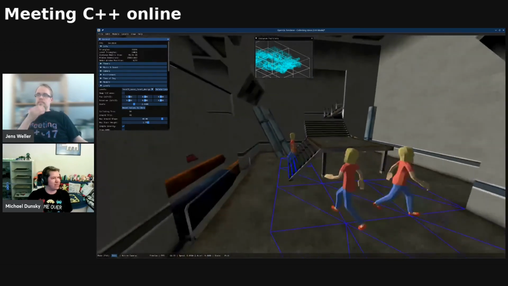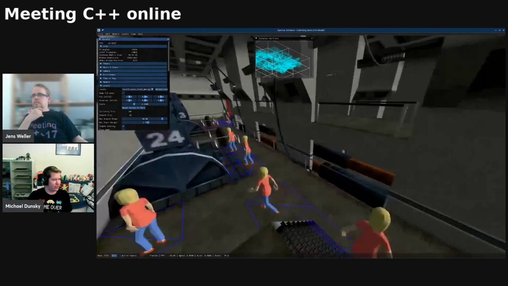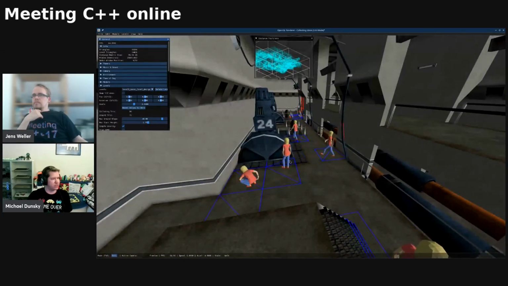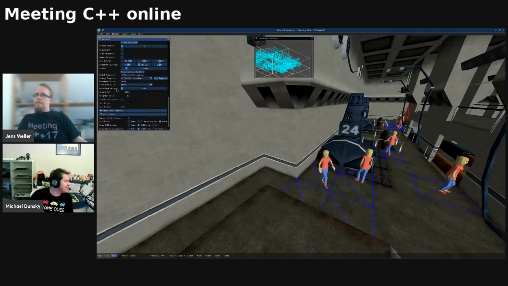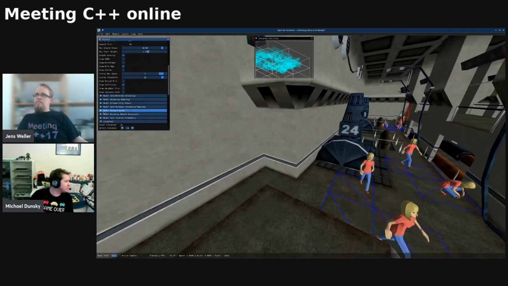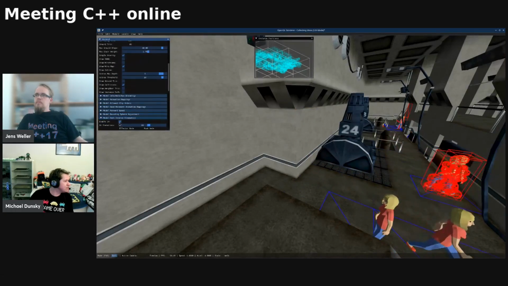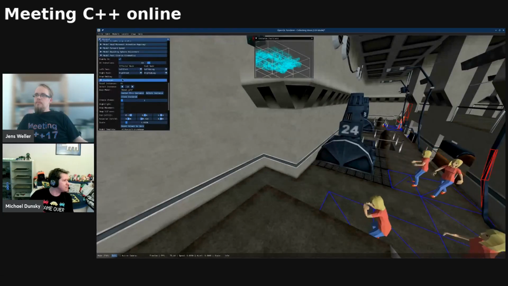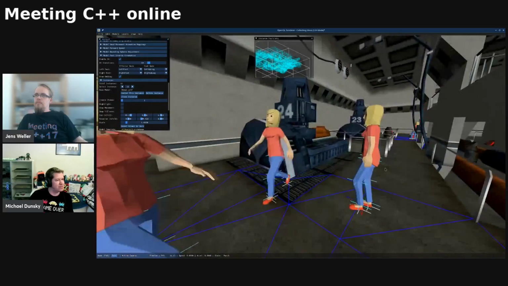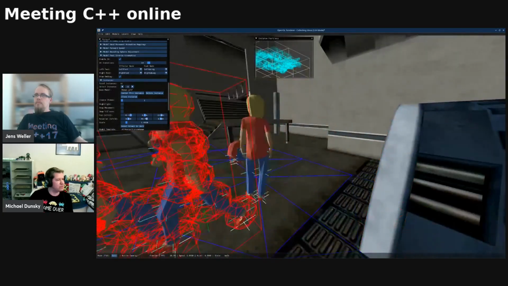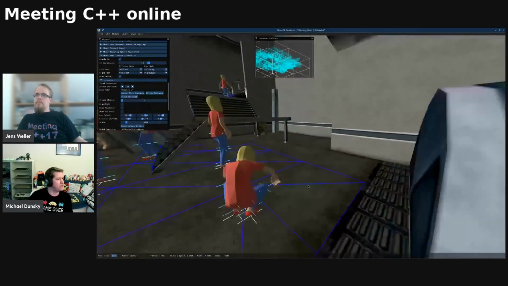Yeah, so it's quite fast because these models also have inverse kinematics enabled for the feet. There's also a debug view for this inverse kinematics, where you can really get one of the models. Come on, go up there. Thanks.